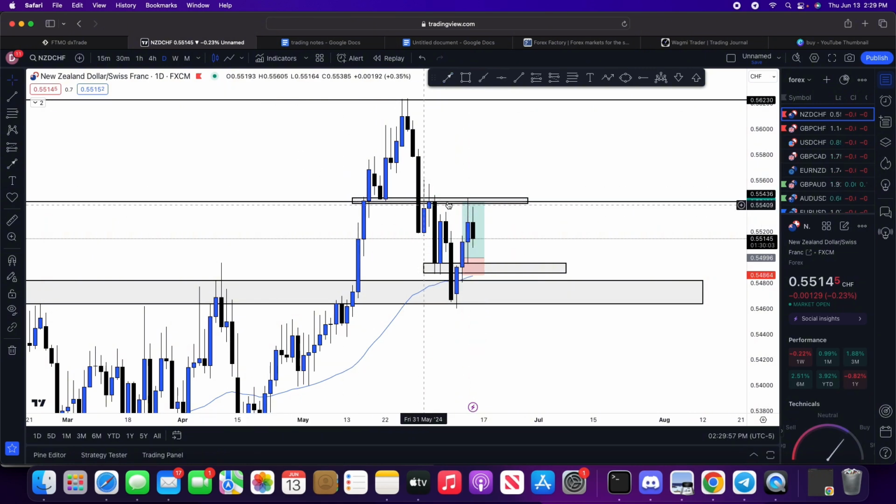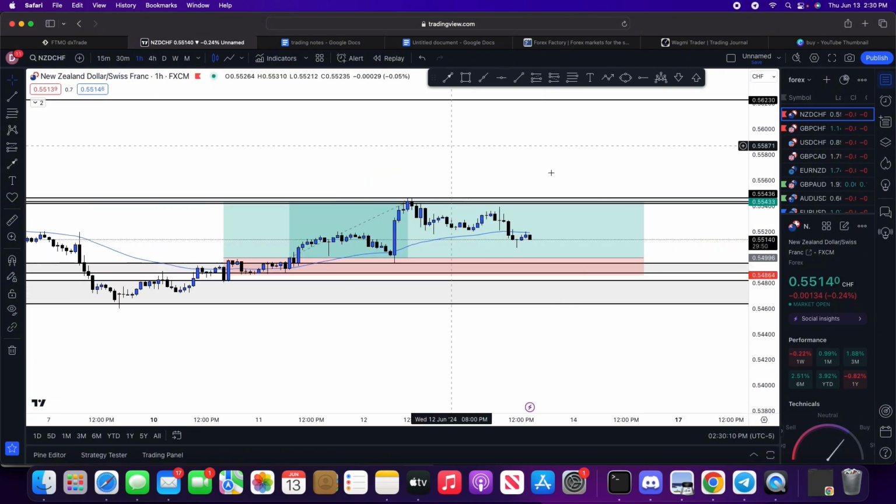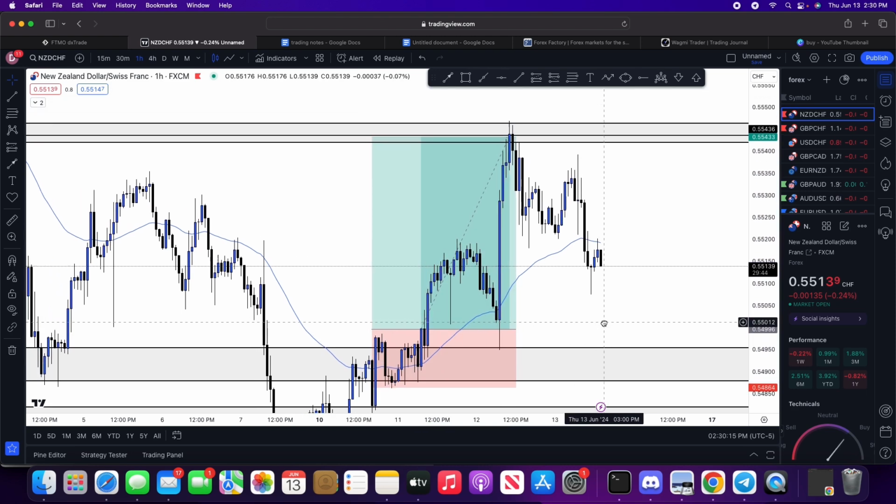So I set my area right here. My TP was right there. I was actually already in the trade, and that's kind of when I was deciding, should I close right here at this area of interest or should I let it ride? Eventually, I came down to the decision, you know what, I'm just going to close it right here. And it worked out to the T.